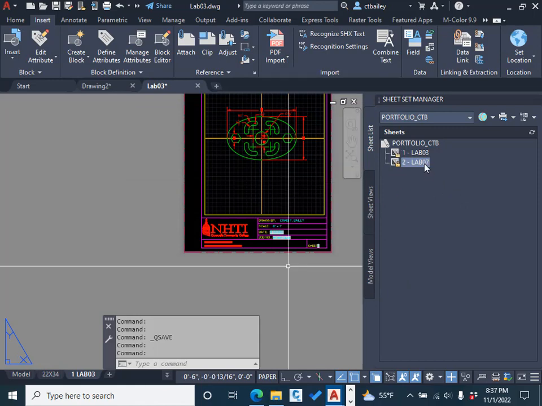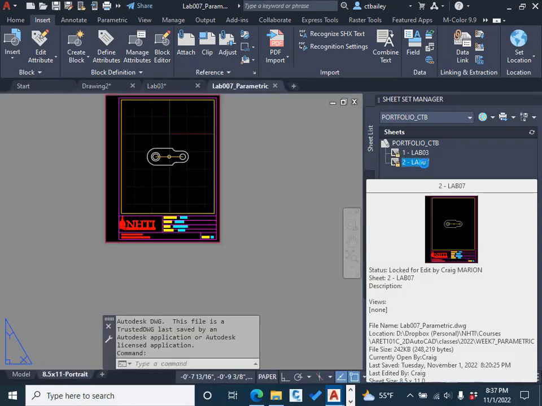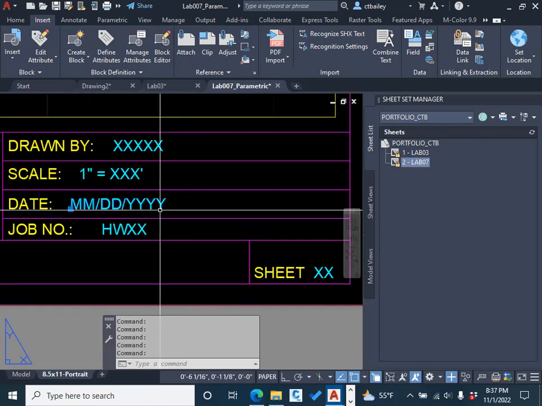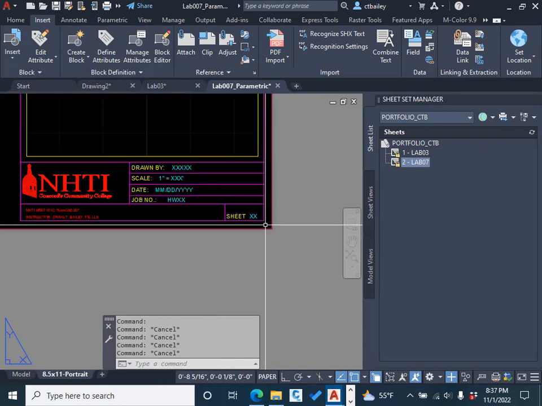I'm going to double click it now. Double click sheet number 2. It goes out to the file, opens the file up, and brings me right to the correct sheet. Let's check to see if I have my attributes. Nope, this has not been corrected yet. All right, and so